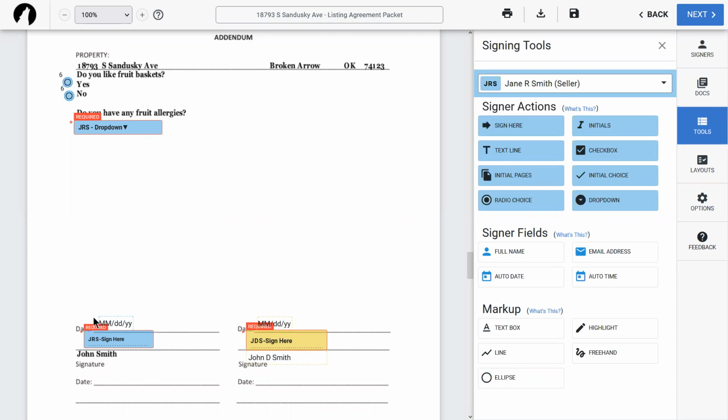Now, in my case, it looks like it actually had a different order to where the names were previously. I can actually get rid of those. Again, just select them, hit delete, and you're good to go. All